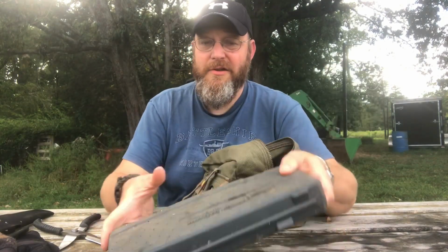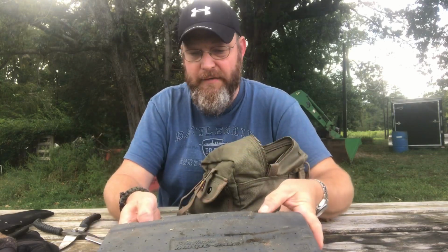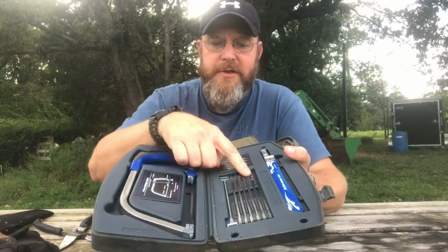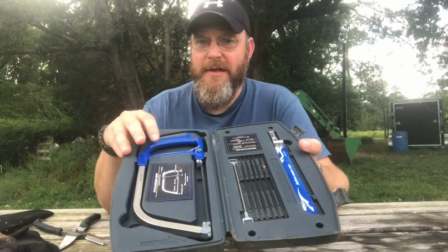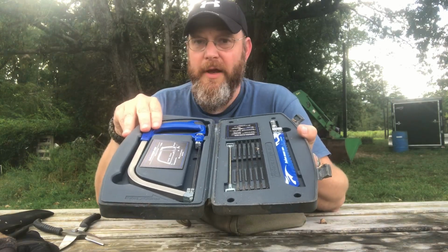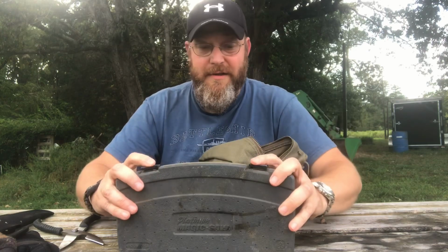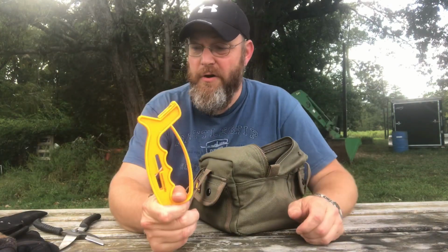Here's a little hacksaw. It's called the magic saw. I've had this laying around a long time, but it's got coping saw blades, wire type saw blade, and then hacksaw blades. These can be used for separating limbs and other parts of the animal, as well as just day-to-day hardware functions. Got a quick sharpener,